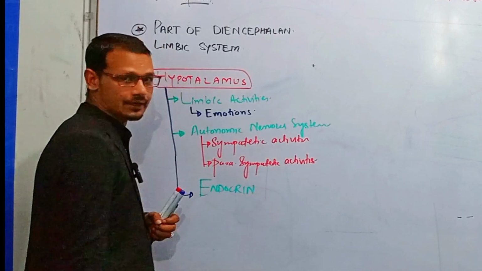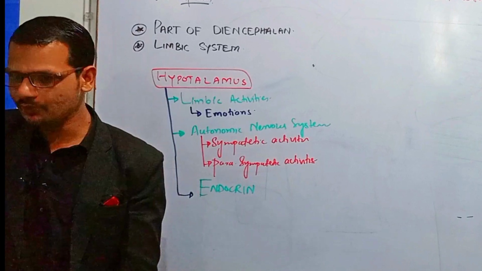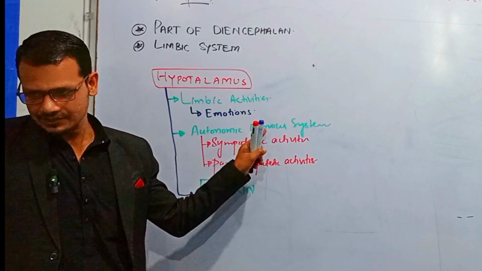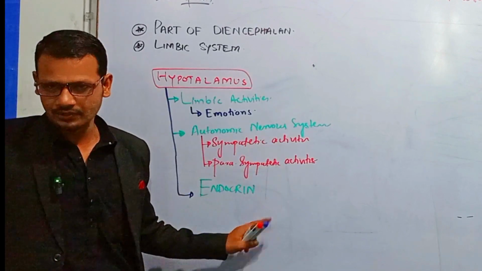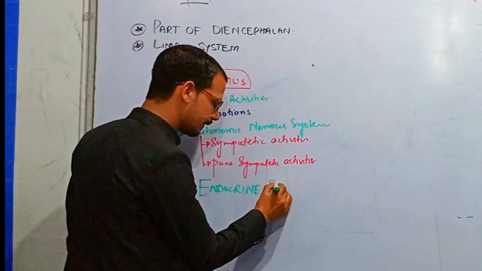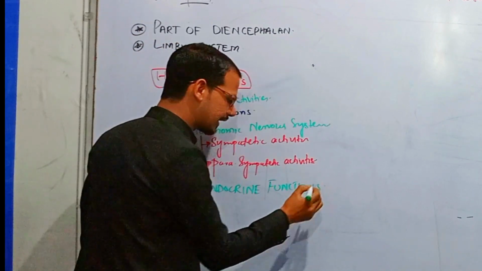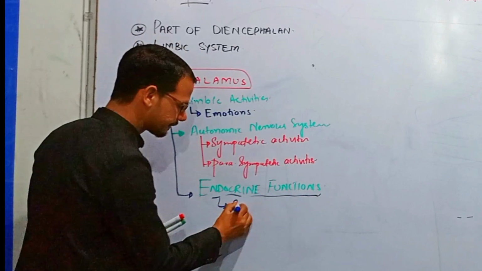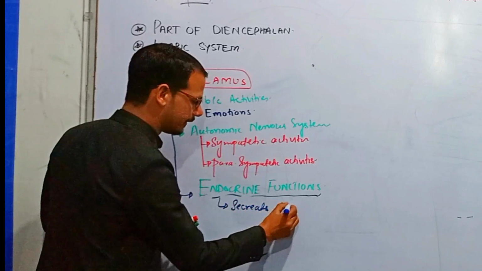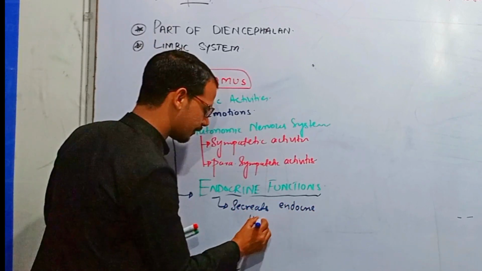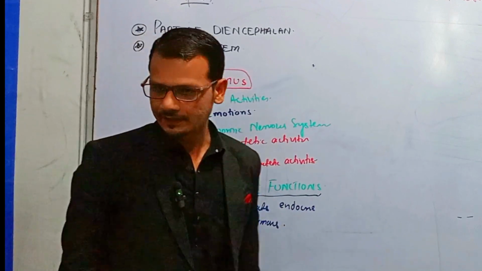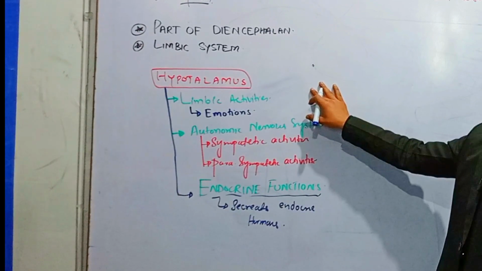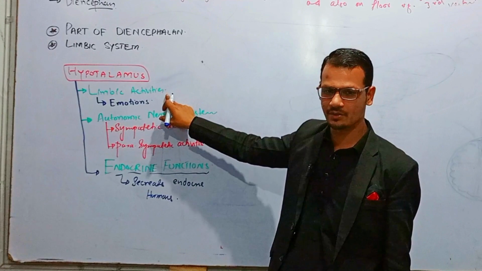Because we are studying endocrinology, we will focus on these endocrine activities, but somewhat we will discuss these activities also, but mainly we will focus on endocrine functions of hypothalamus. Like for example, it secretes endocrine hormones, right? So these are the 3 points about hypothalamus you must remember: the limbic activities,